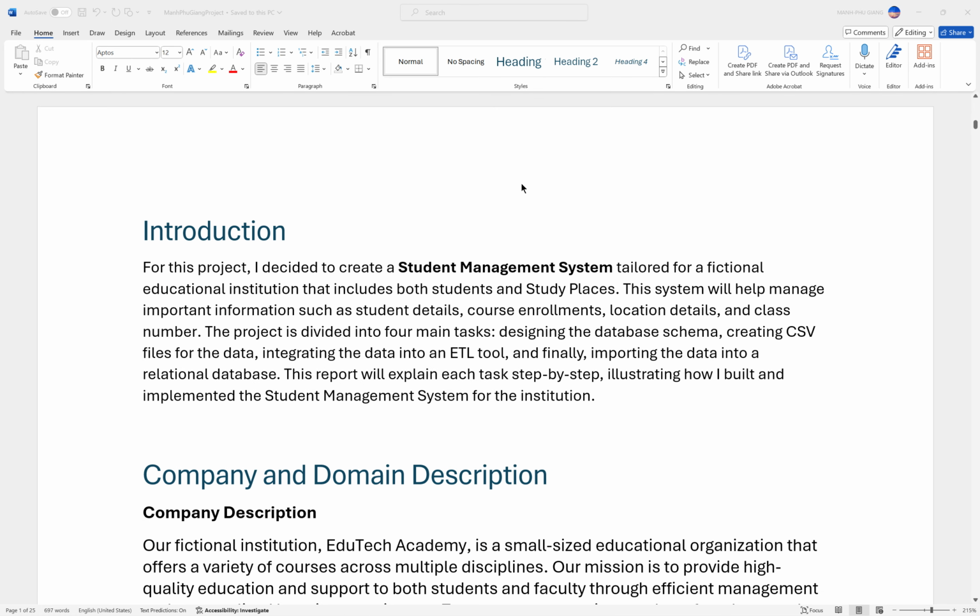But firstly, let me introduce why I'm doing this project. I decided to create a student management system that will manage important information like student details, course enrollment, location details, and class numbers. The project is divided into 4 main tasks: designing the database schema, creating the CSV files, integrating data to Talend, and finally importing Talend data to the Oracle database. This report will explain step by step and illustrate how I built and implemented the student management system for